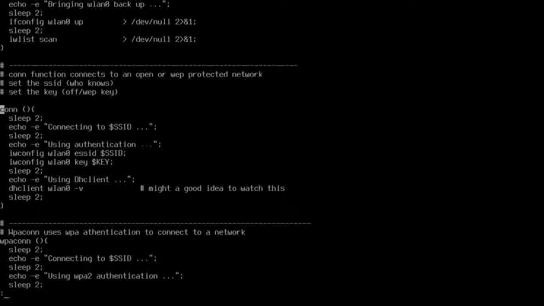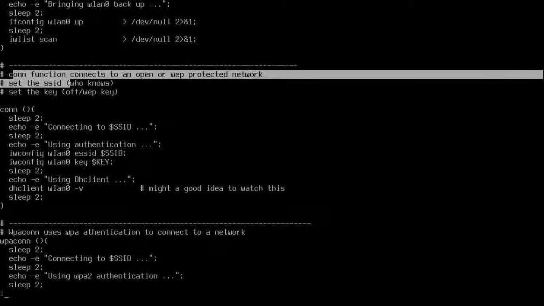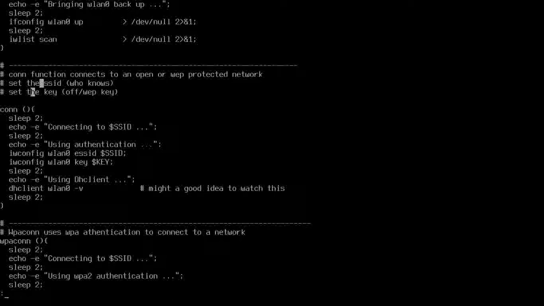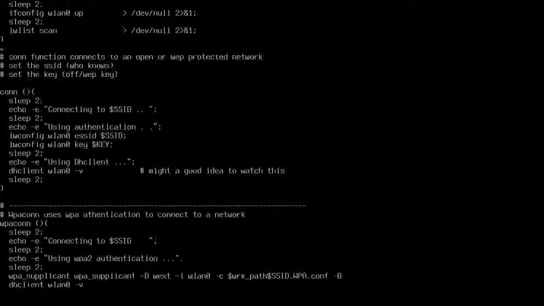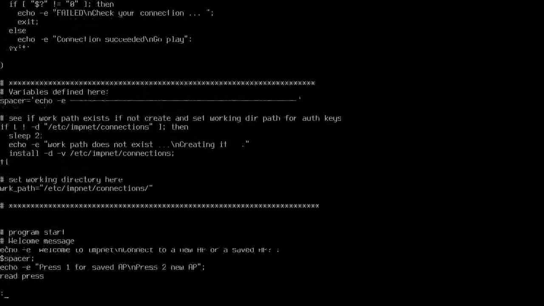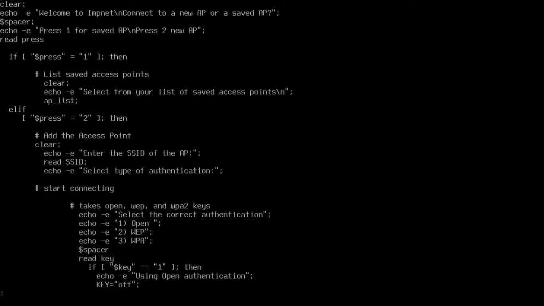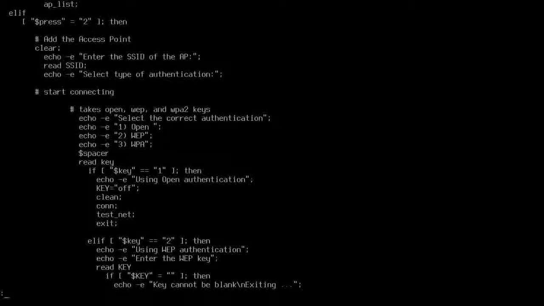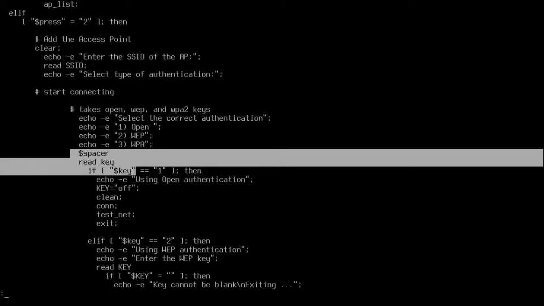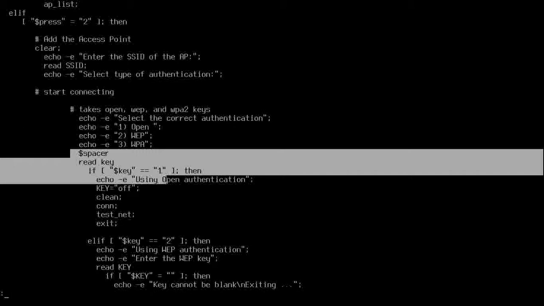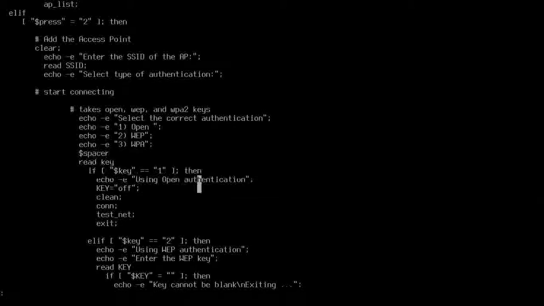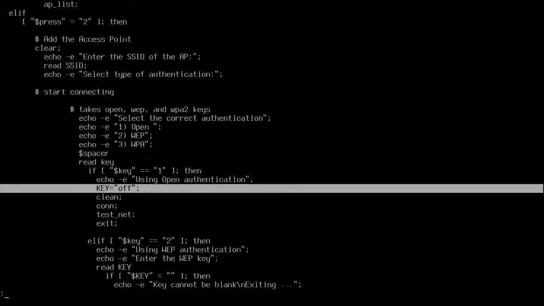I'm going to be using these quite a bit, so it's a good idea to encapsulate them in a function. And just like the run down here, I set this up as a little section where I can define my functions in the very beginning. This is my connection function. It just sleeps a little bit, it tells you what it's doing, blah blah blah. And if I go down here to where I first called it, you will see